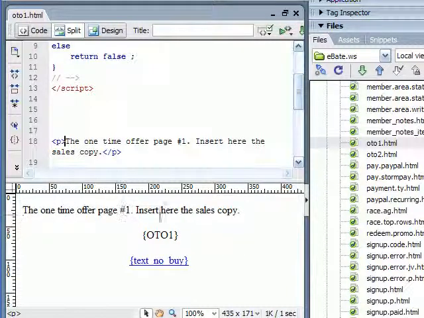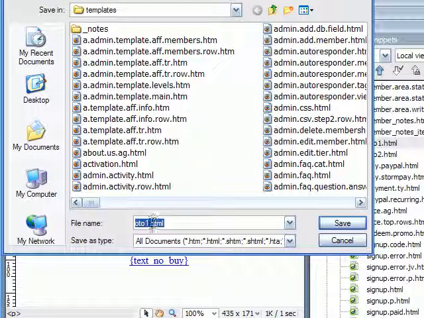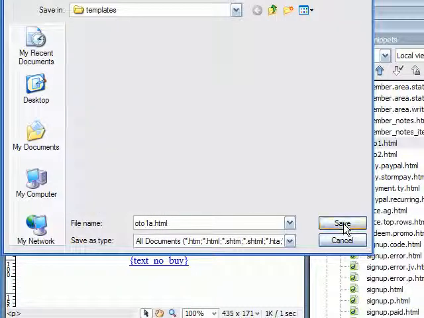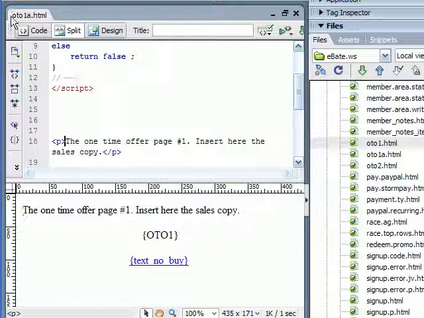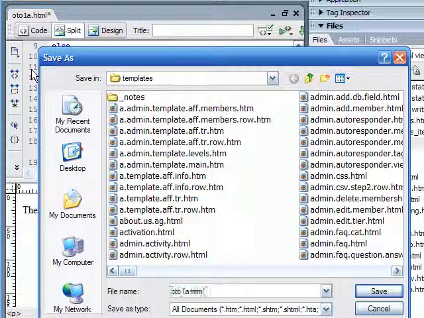That's the one-time offer page number one, and what we're going to do now is save that as, let's call that OTO1A, for the control, the version A that we can split test. And then we do one change in here. Let's just change it for now into one-time offer page 2 and save it again, but this time as